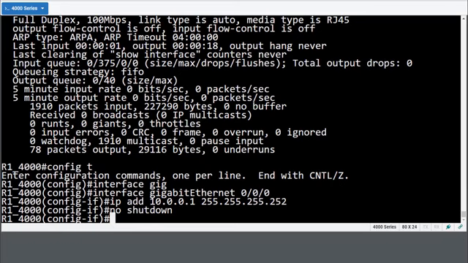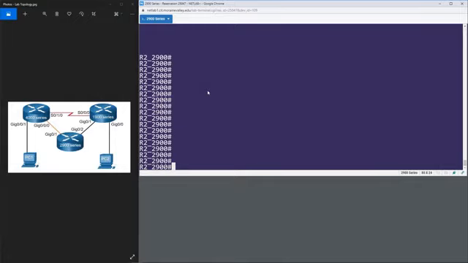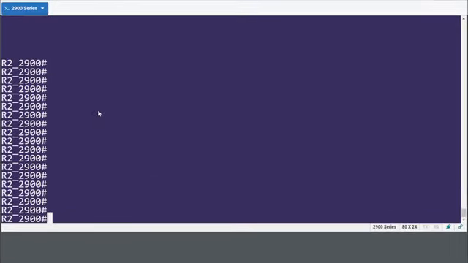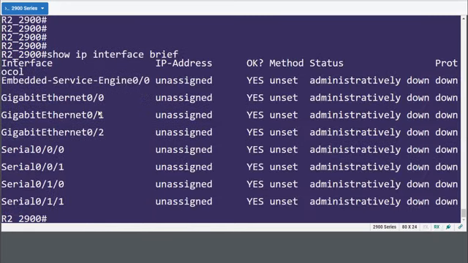And what we're going to notice is those port identifiers, they're rather different. So here on the 2900 series router, we're going to start just like we did on the 4000. Let's use a popular show command, and that's show IP interface followed by the modifier brief. And with this, we'll be able to see all the ports on our router and their corresponding interface identifiers. For example, we've got 3 gigabit Ethernet ports on this 2900 series box, and we have gigabit Ethernet 0/0, 0/1, and 0/2. This is very different than what we saw in the 4000 series, which was gigabit Ethernet 0/0/1